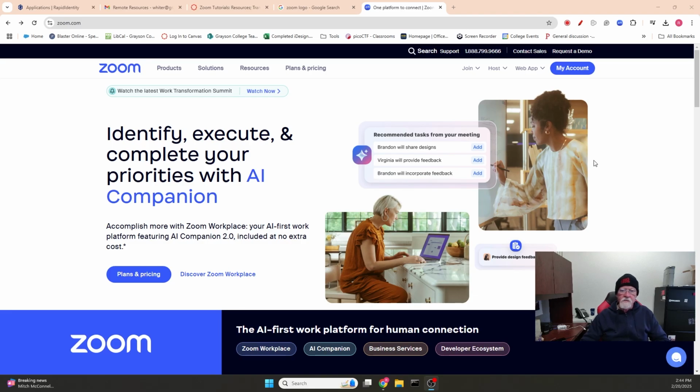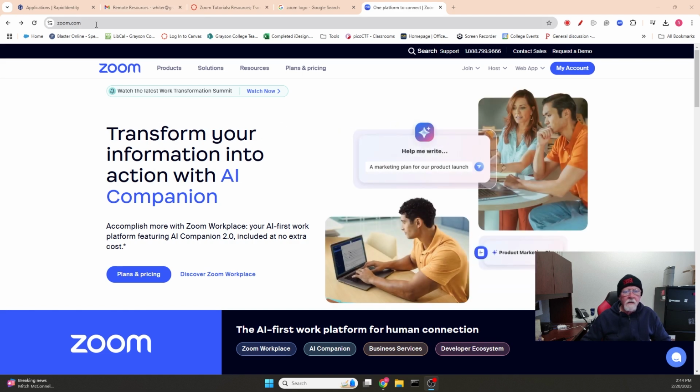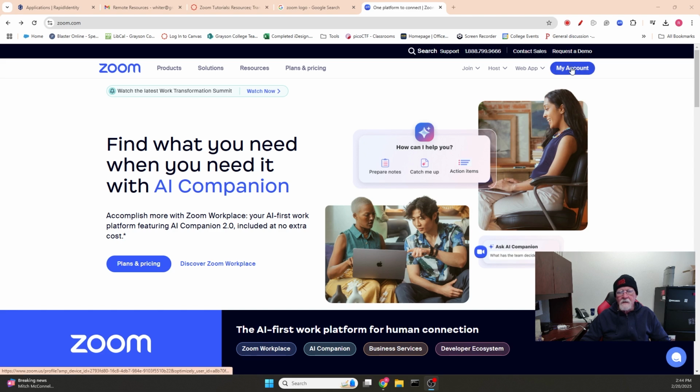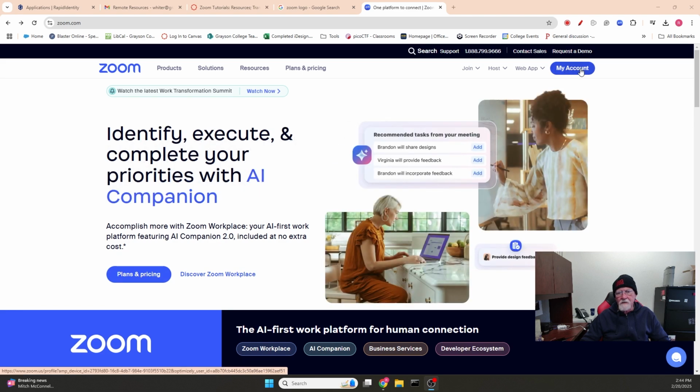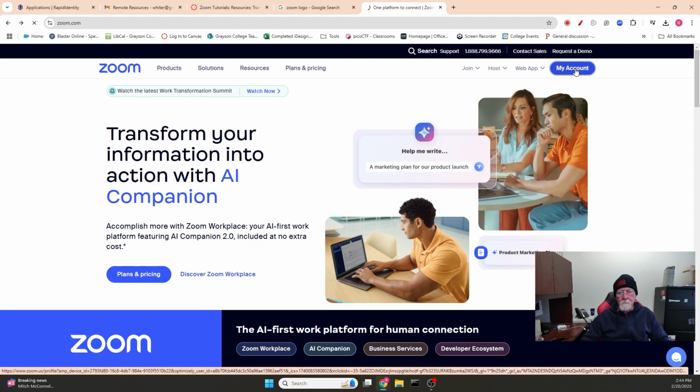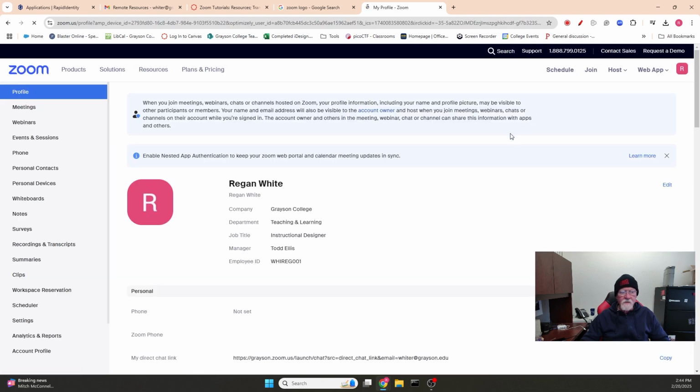Alright, so here we are on the Zoom website at zoom.com. Everybody should be familiar with the application. The first thing you'll need to do is establish an account. And there would usually be a button up here. I currently have an account, but if I did not, this would say establish your account or build account. You'll click on this button, you fill in your information, and basically what it will do is ask you to